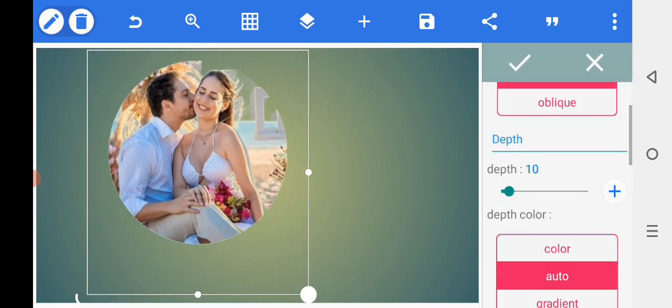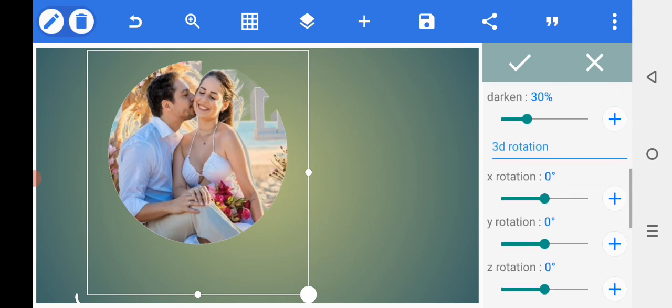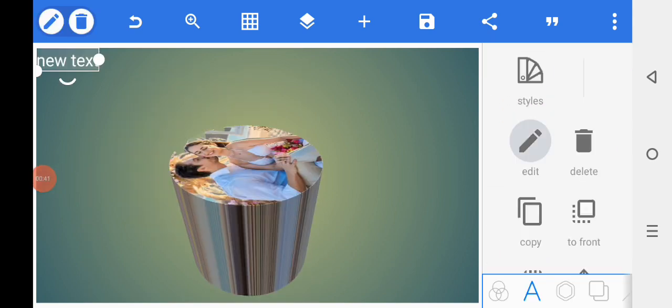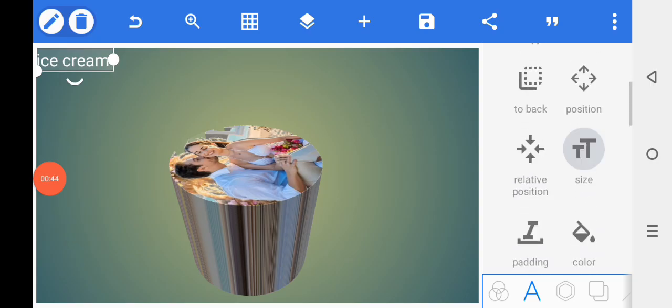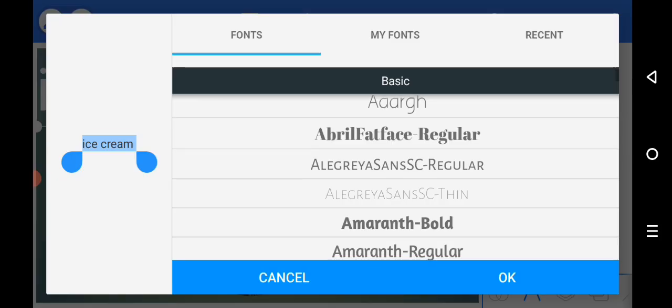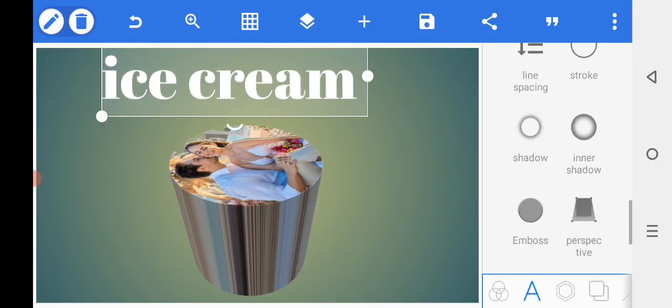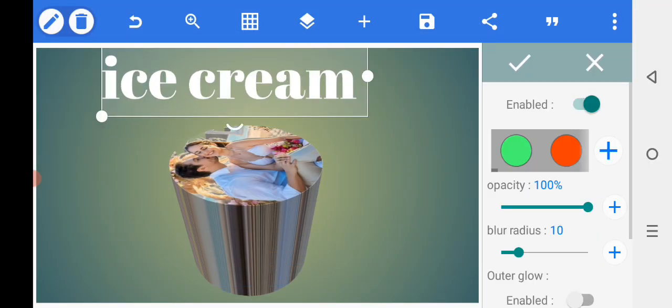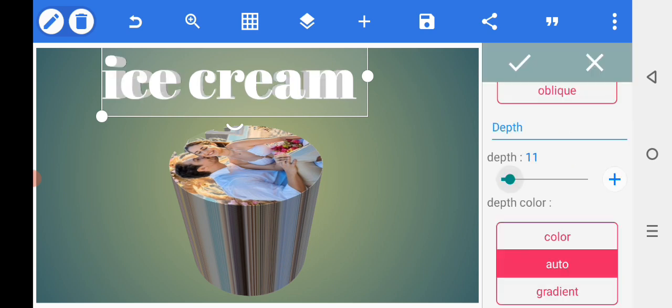Enable the button down. Select the path, select the Y rotation. Then select the text option, edit the writing. Select the size option, adjust the size, the font option, adjust the font, and then select the shadow option. Enable the button on. Select the 3D text option,